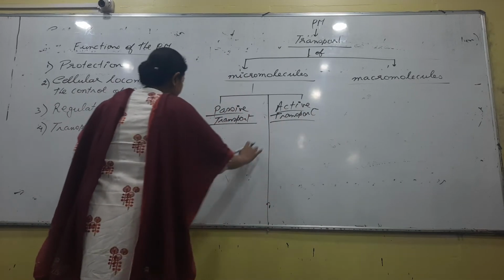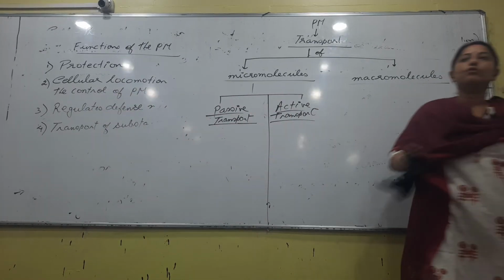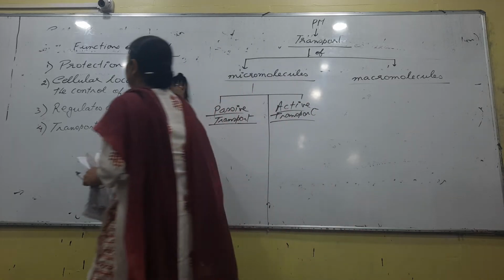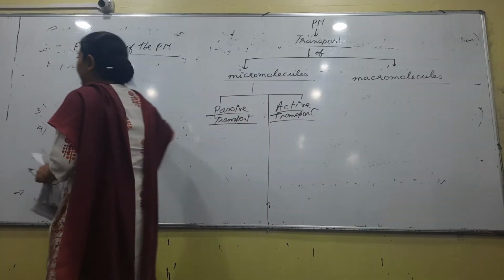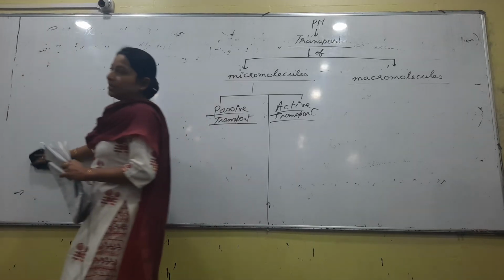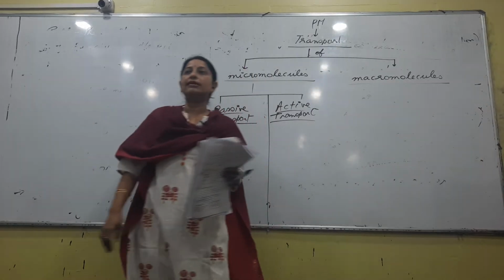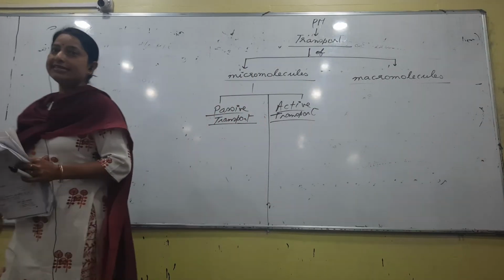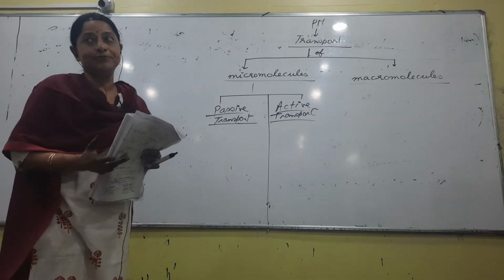What is an example of a passive transport? This is an example question. When we say transport, we talk about movement of ions or molecules from one area to the other area, right? So either it could be active or it could be passive. Can you give me an example of a passive transport? Have you heard the words diffusion, osmosis, facilitated diffusion, etc.? So diffusion is an example, but what is diffusion?